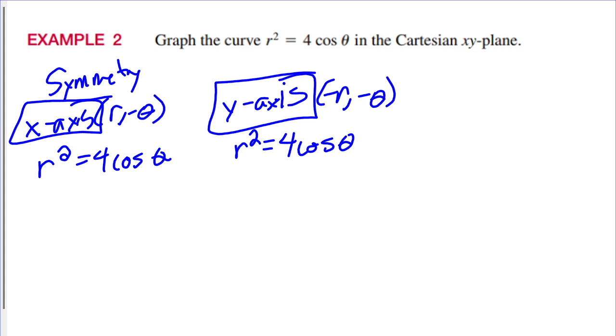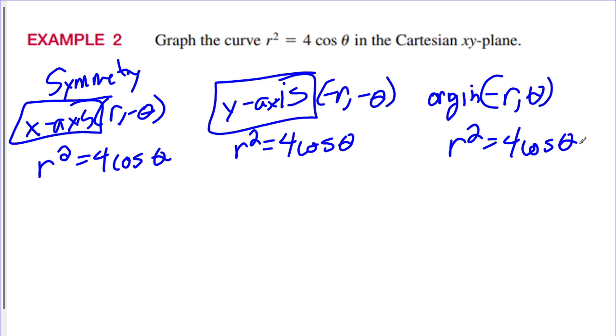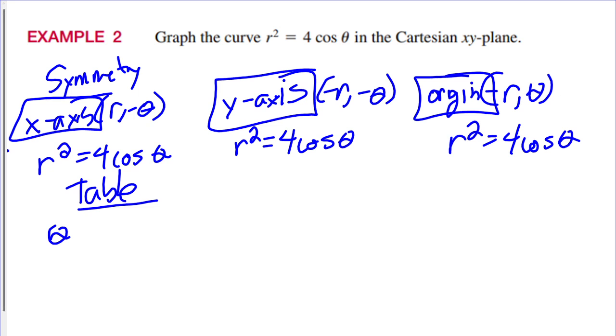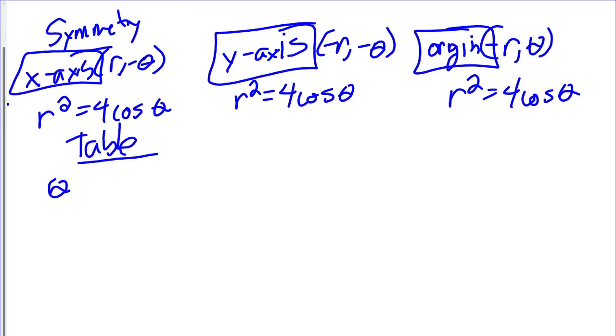And then finally, let's check for symmetry about the origin. That's going to be negative r, theta. But again, we're going to square the negative. So negative r squared turns back into r squared equals 4 cosine theta. So it turns out this graph has all 3 symmetries: x-axis, y-axis, and origin symmetries. From there, again, we're going to look at a graph by looking at a table of values. And so let's look at some thetas. Because we're evaluating a couple of things, we might want to check cosine of theta first, which is what the book does,